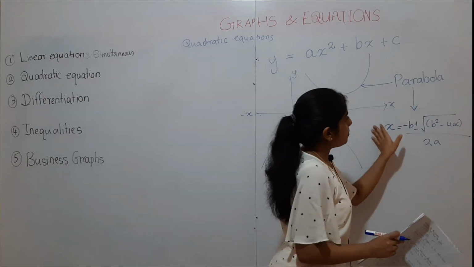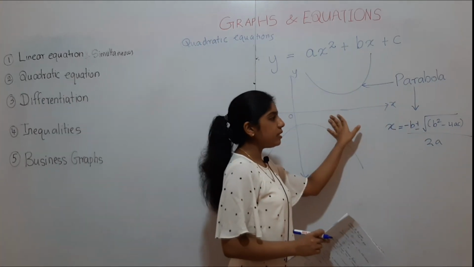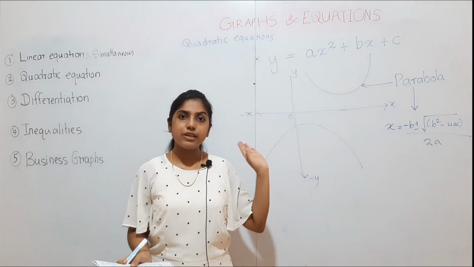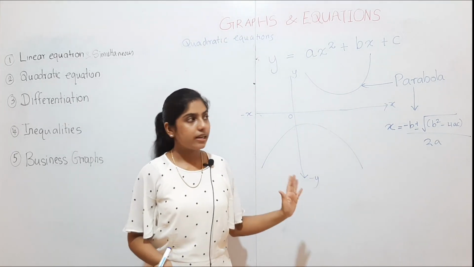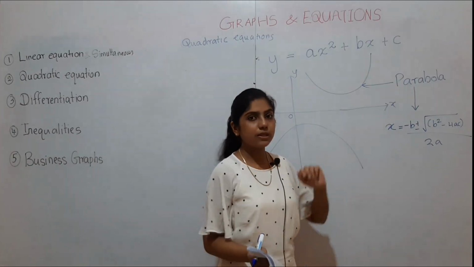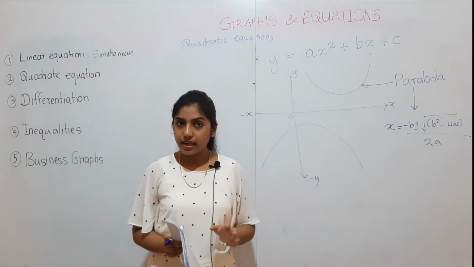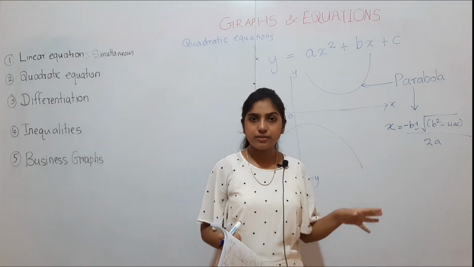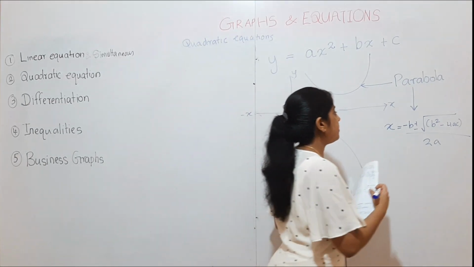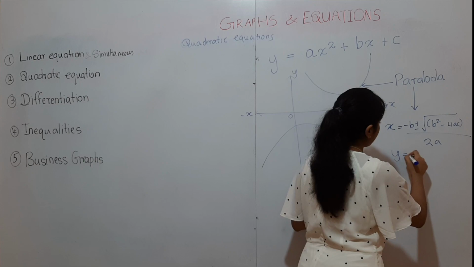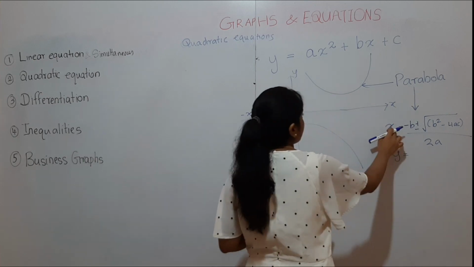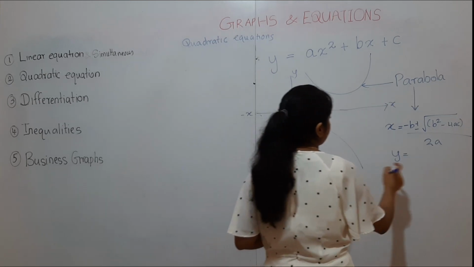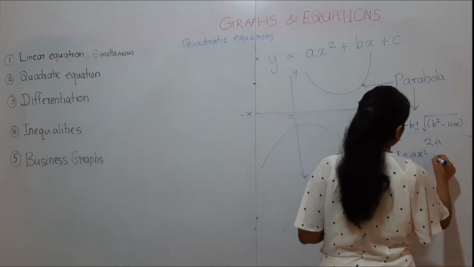So this is to be used when you don't need a graph. In the exam, if they don't give a graph and if they ask you to find the value of x, then you must follow this equation and find the value of x, then find the value of y that will satisfy. That means by applying the x value to this equation, you can find y, which is ax squared plus bx plus c.